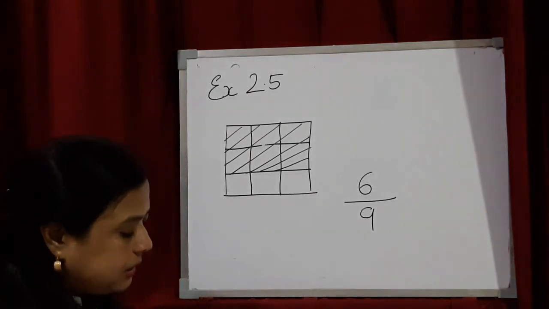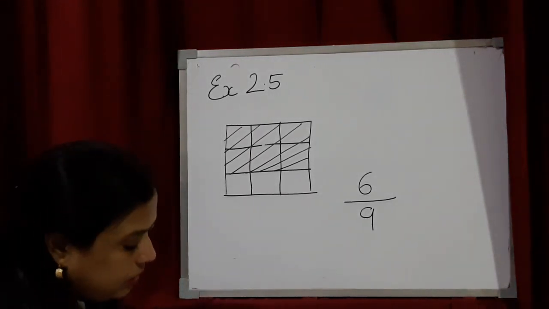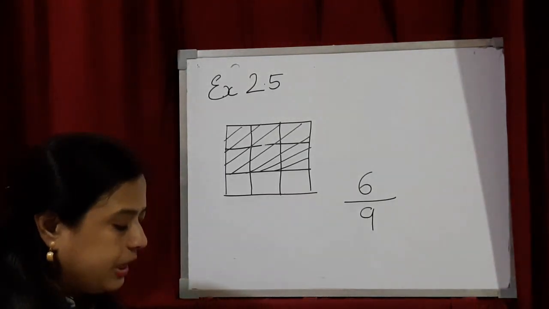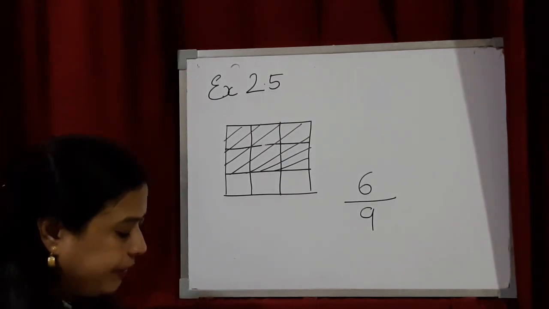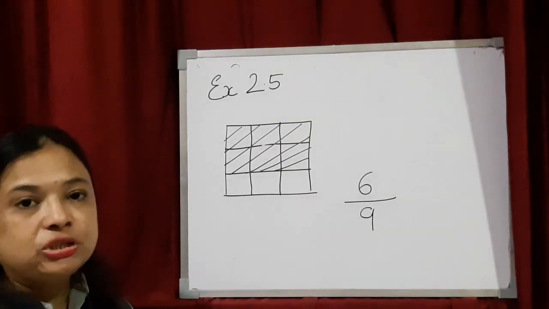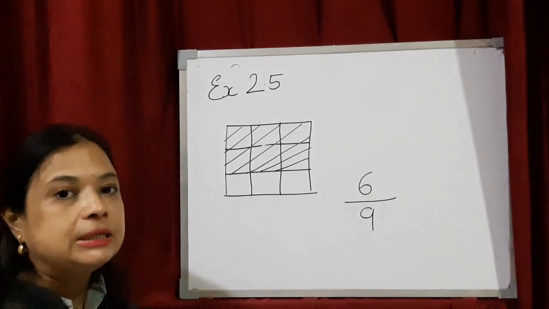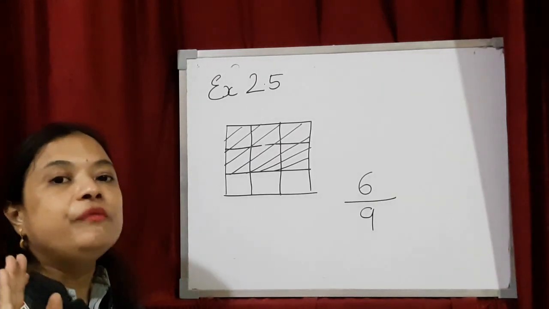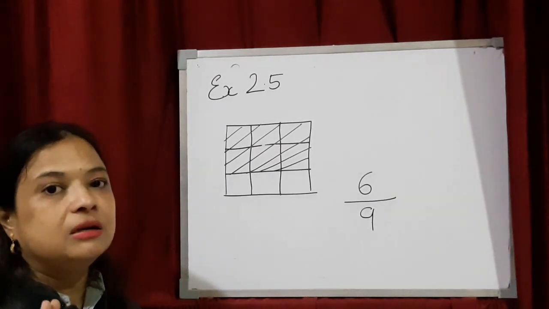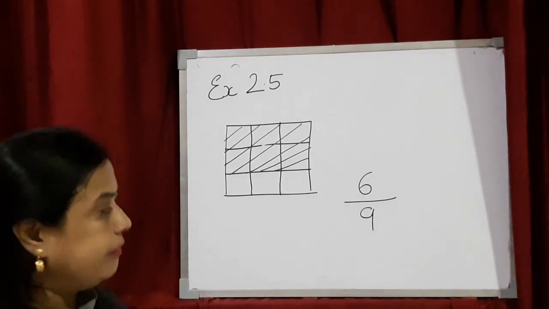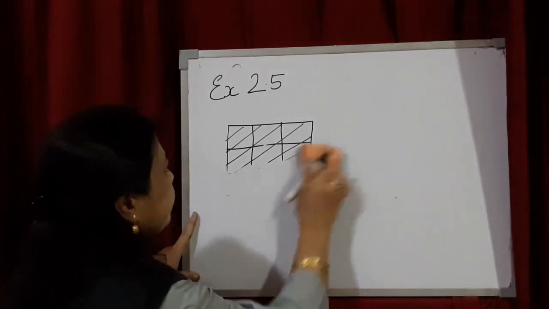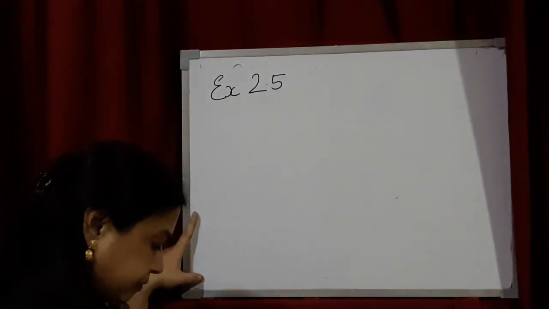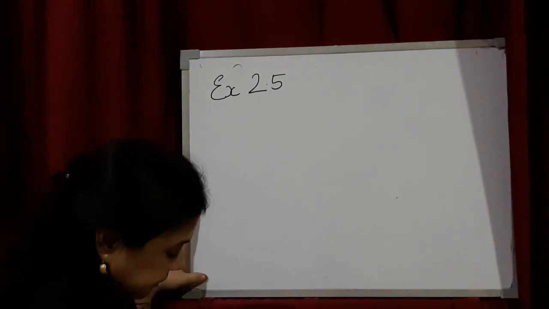Now you will turn your page. Same thing. What is given now in question number B? Color a part of each whole to represent the given fraction. So here, children, the fraction is given to us. The fraction is given and the figure is given, which is totally plain. But we have to shade the figure by seeing the fraction that is given. So here one figure is given to us.